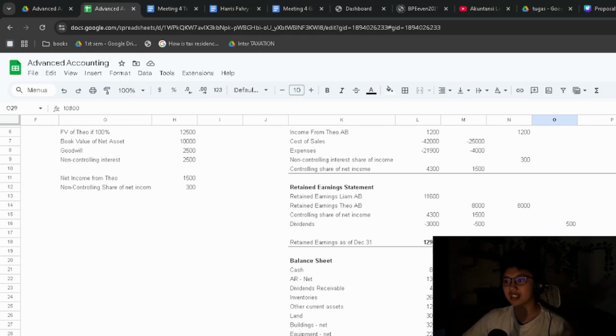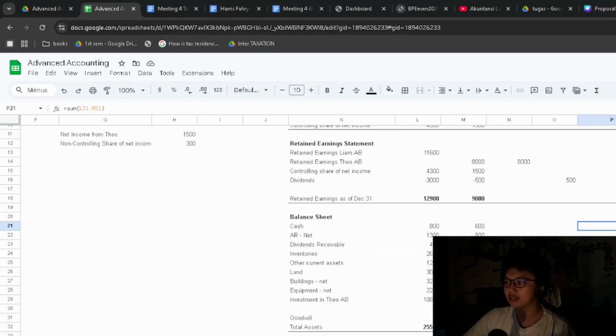What this means is that if you have assets like this and like this, those two should be included as an aggregate, assets of the parent company, Liam, right? So that's why, for an example, you want to add these two together and so on and so forth to the bottom. And when you add that, the amount of assets that we get from Theo as we acquire them is the same as the investment in Theo account. So that's why we have to cancel this account,